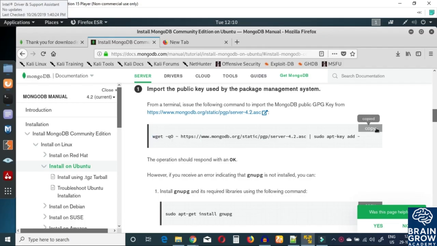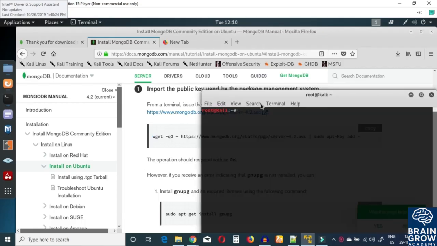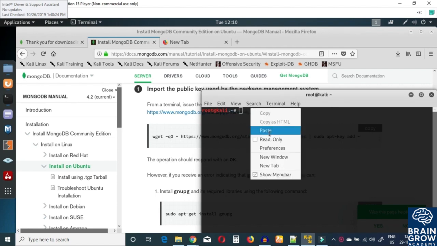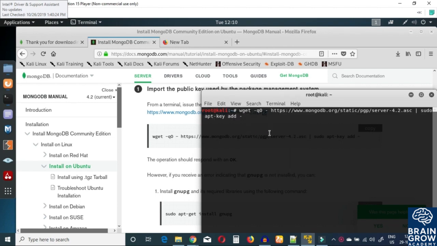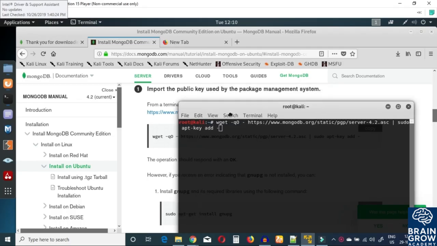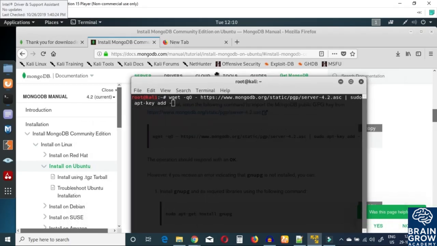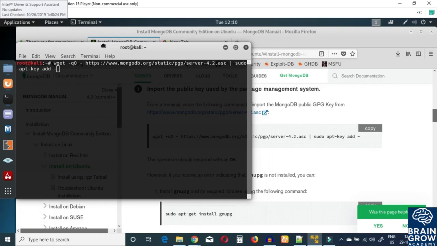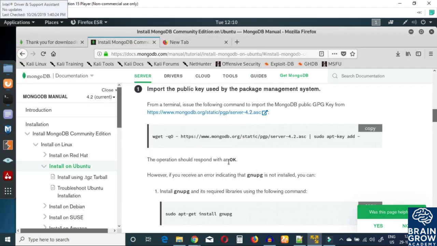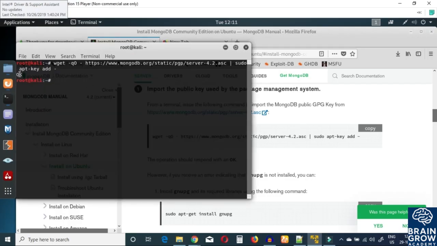So first thing we need to do is import the public key used by the package management system. For that we need to run the command wget -qO - https, and we have to give this path. Give this web path, that is mongodb.org static pgp server 4.2.asc, then sudo apt-key add. Okay, so we need to give that, and when you do, you will get OK,